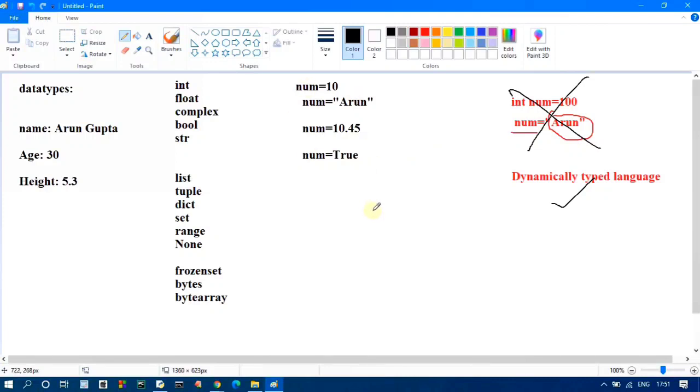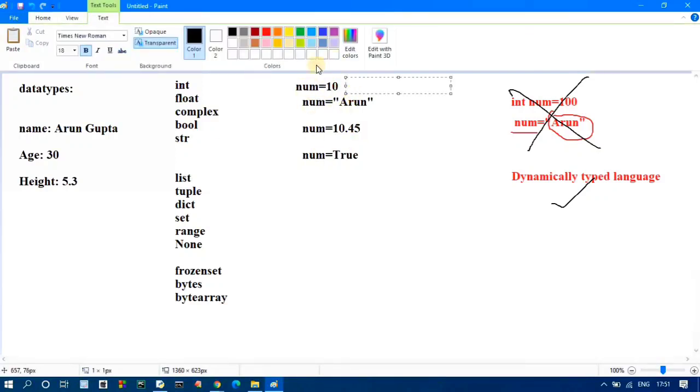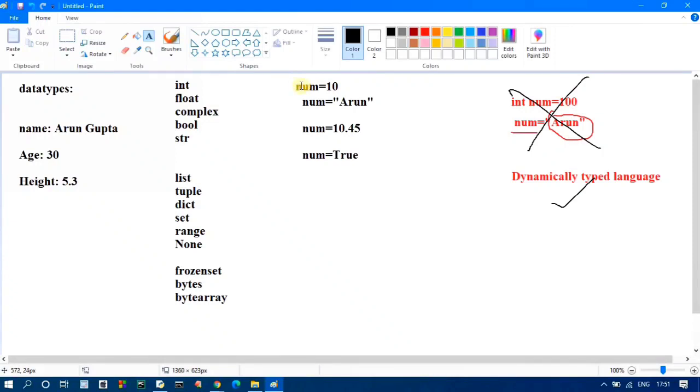Python is a dynamically typed language, and there is no need to declare the type of a variable explicitly. Now one thing here, sir, you said that on the basis of the type of the value, Python will automatically declare this variable of a particular type. Like when I am assigning an integer value, the Python virtual machine will consider this variable as an integer variable. How can we be sure about it?